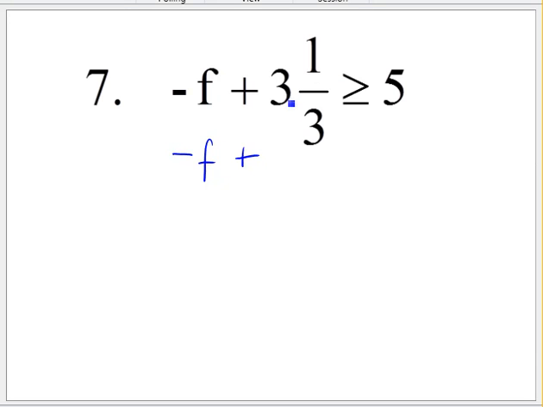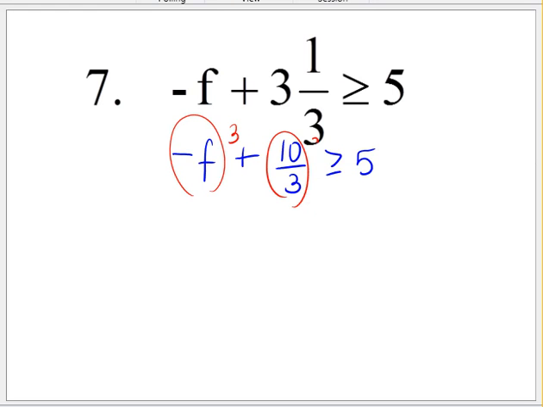3 times 3 is 9, plus 1 is 10. You do want to create that improper fraction so that it's much easier to do the multiplication when you go and multiply by the least common denominator of 3. Multiplying everything times 3 gives me a -3f plus, the 3's cancel, I get 10, is greater than or equal